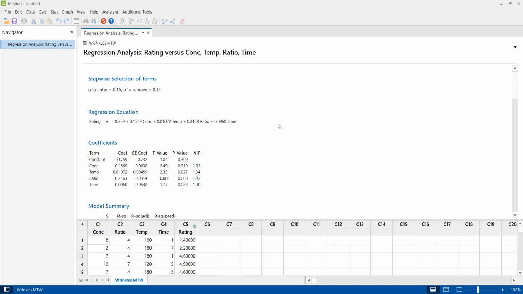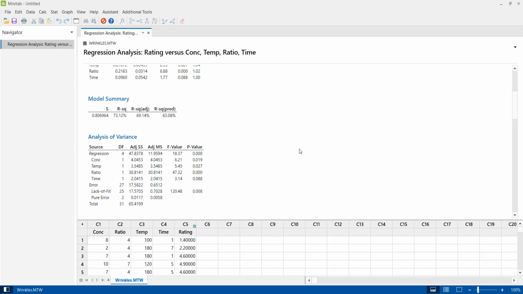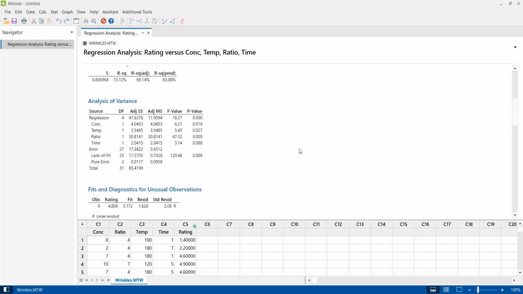So here is the output of our multiple regression model. Here you can see there is a regression equation which is generated, which is rating. This is a constant. So how does it depend on different variables? And here are the coefficients. So let me go to the analysis of variance table, where you can see